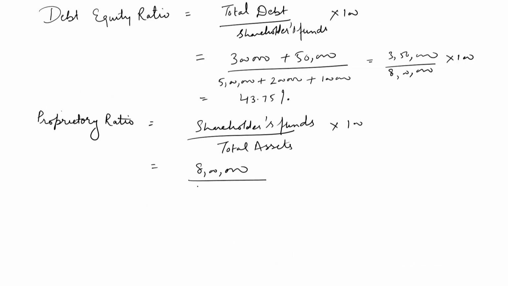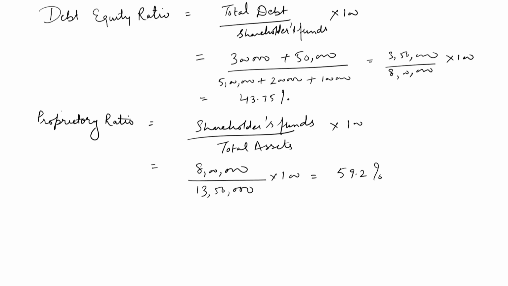So the total comes to 13,50,000. So this ratio comes to 59.2%. This ratio implies that more than 59% of the total assets of the company are financed through the shareholders